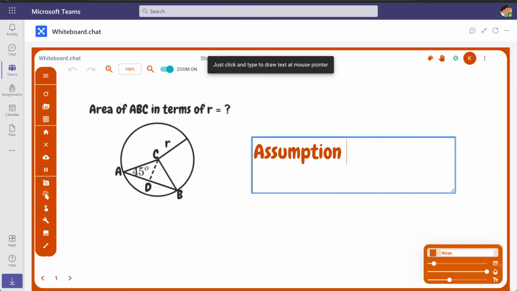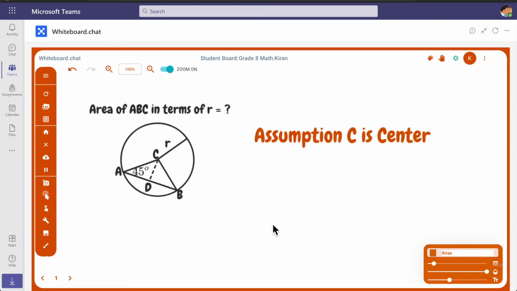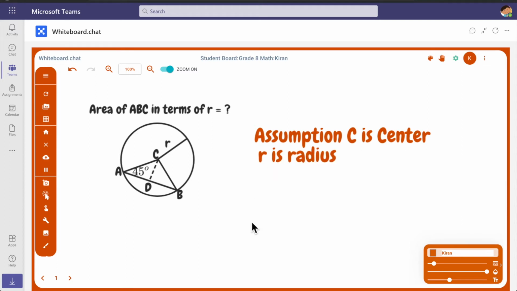Now the student starts to work on the assignment and starts to write in some assumptions in there, and each student gets a copy of this board, so they can work on these assignments independently. The student is going to add a few more notes in there, and let's take a look at what the teacher sees from the teacher's point of view.